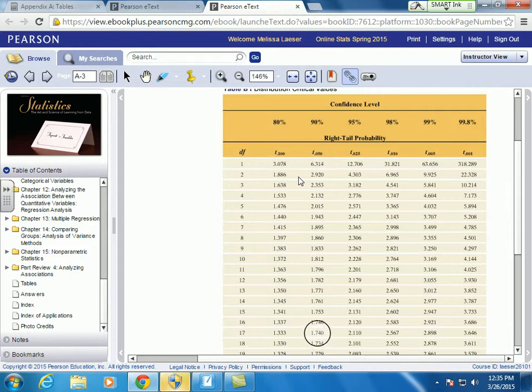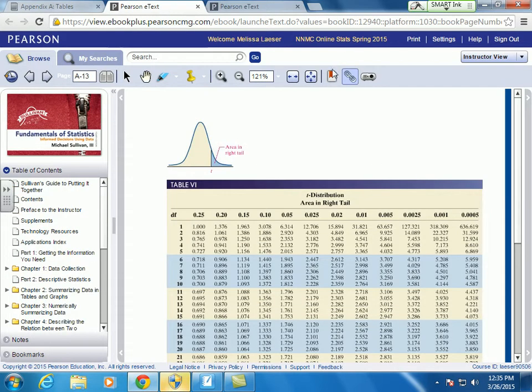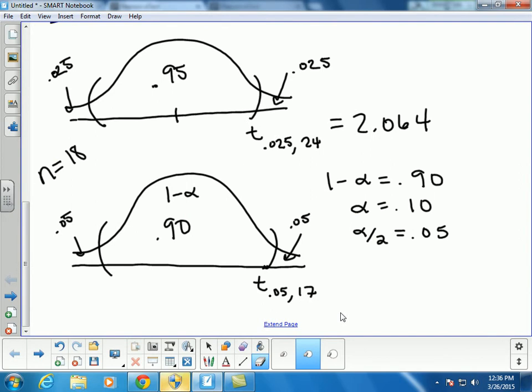We can see that the score is 1.740. Again, it corresponds to a 90%. If you go to this one, it's 0.05. The right tail amount's 0.05, 17 degrees of freedom, you can see it's 1.740. So no matter which table you have, depending upon your textbook, it's 1.740. So that number is 1.740. So if we're building a small size confidence interval,